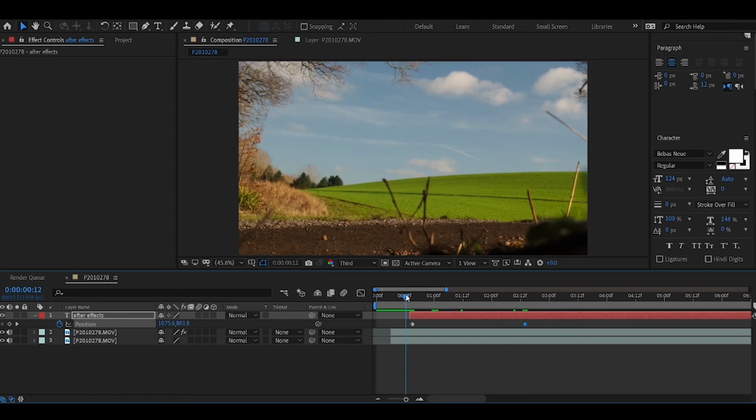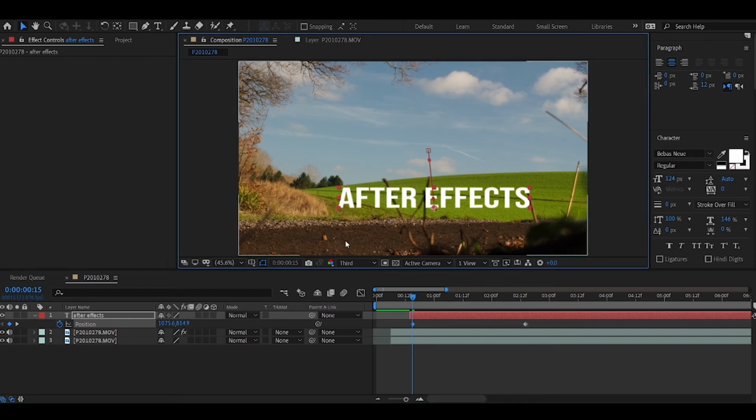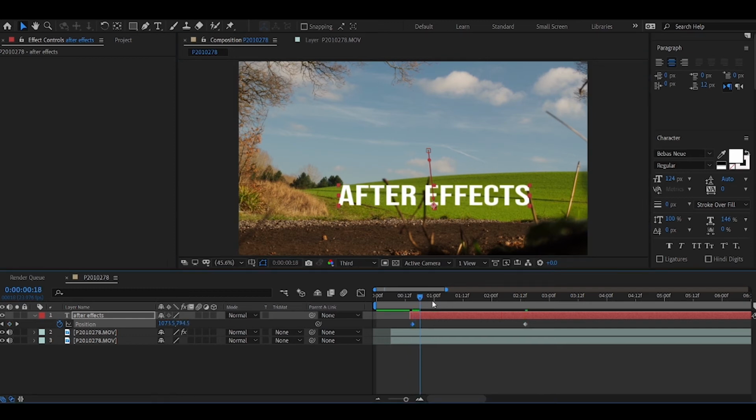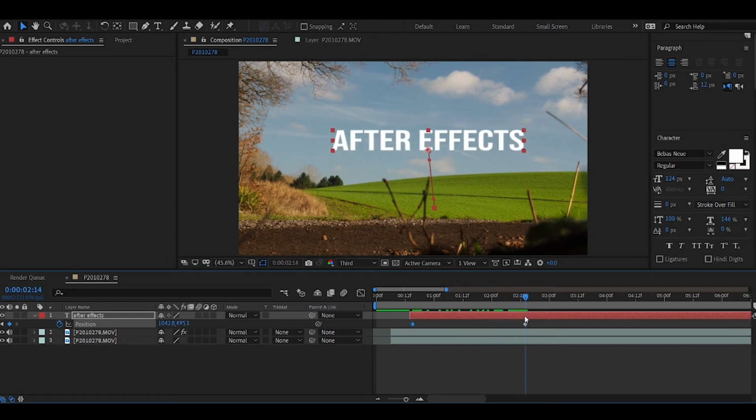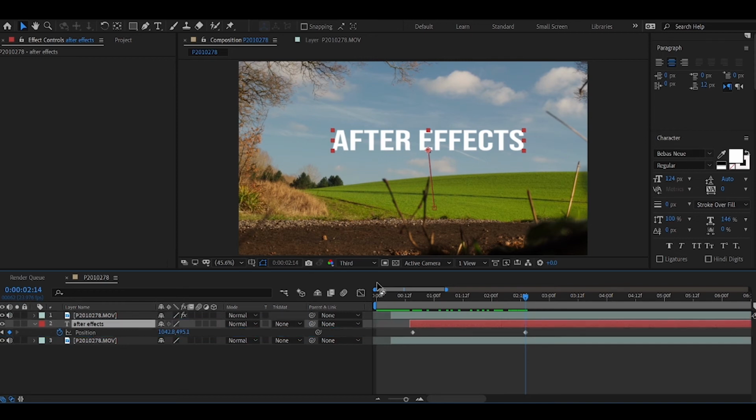So we can see that it will be at the bottom. Just need to probably drag that down just a tad. And then it comes up out of the clouds. But how do we make it sit behind that hill that we've already masked out? So you remember we've obviously masked and roto brushed the second layer here. So we want to click and hold the After Effects, and then we want to drag it in between those two clips. So now what should happen is when we actually play this back and take it back,